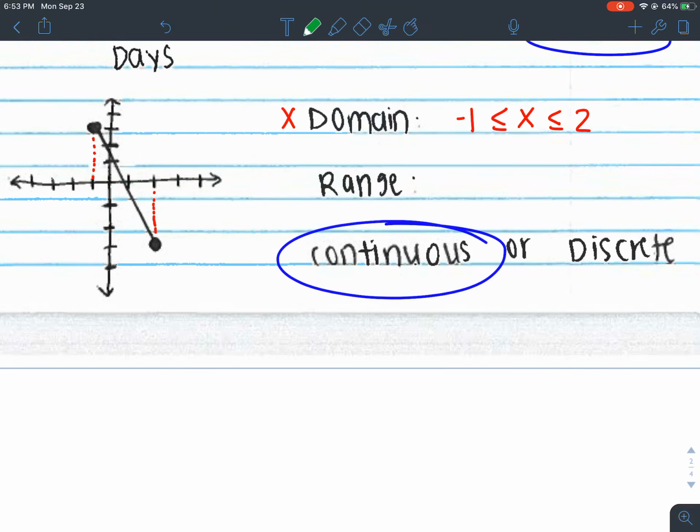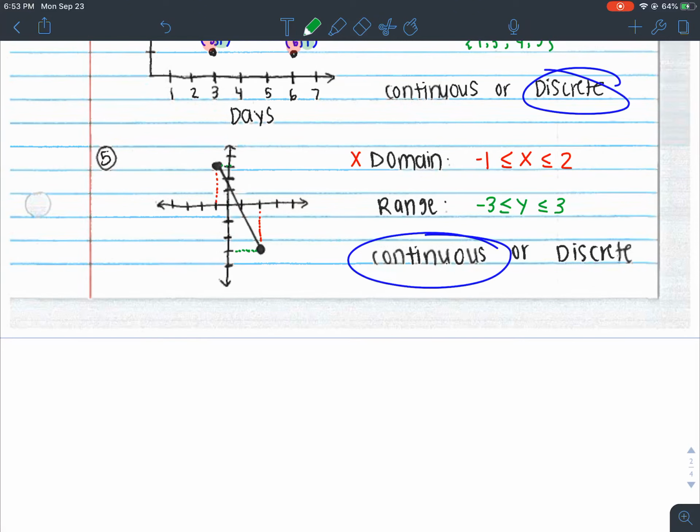For my range, it's going to be exactly the same, except we're going to have our y variable. So you want to go from bottom to top for this one, like "robot." So from the very bottom, I start with -3. And that's a closed circle, so this will be less than or equal to. And if I go all the way to the top, I'm at +3. And that's also a closed circle, which will mean I have a less than or equal to. But that is it for our notes for domain and